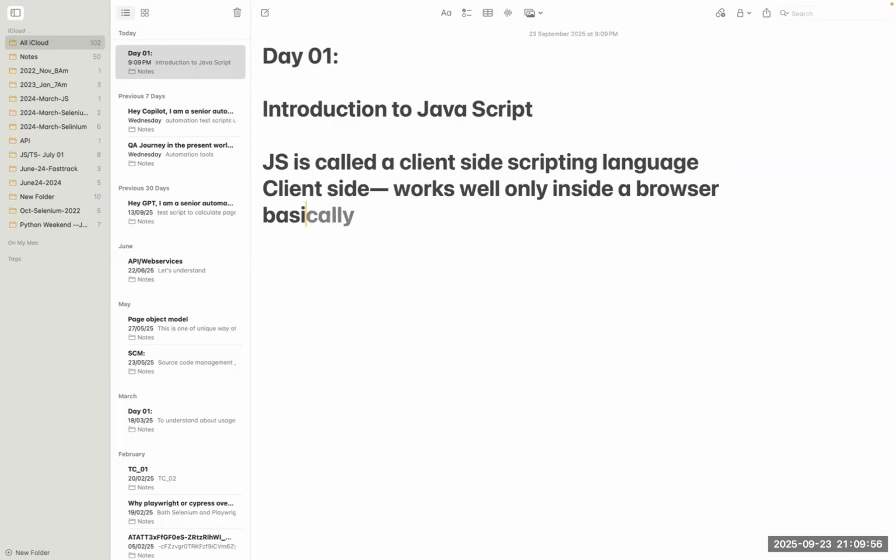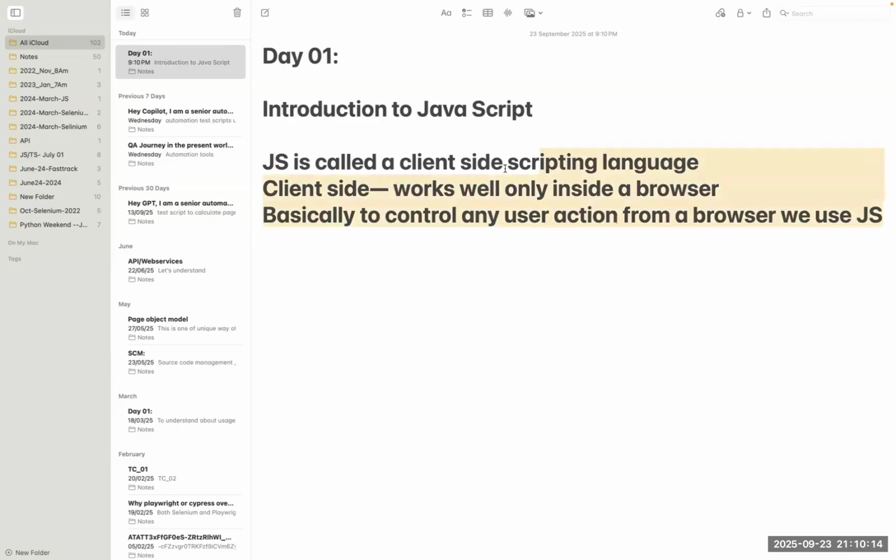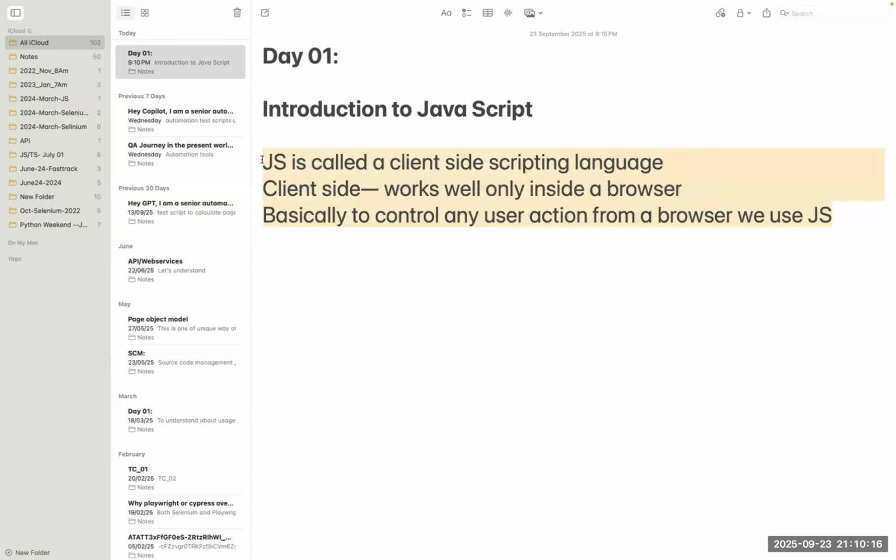So basically to control any user actions from a browser, we use JavaScript. Okay. We use JavaScript. So Playwright as an automation tool